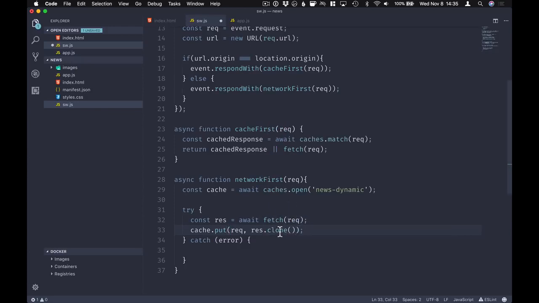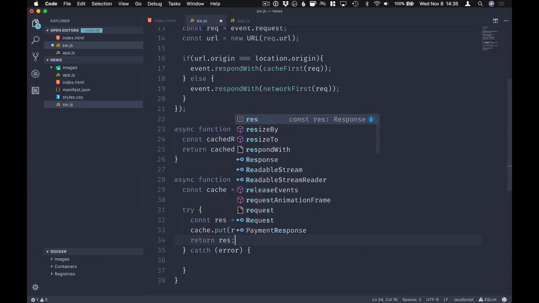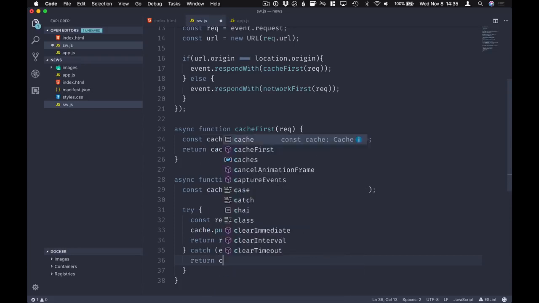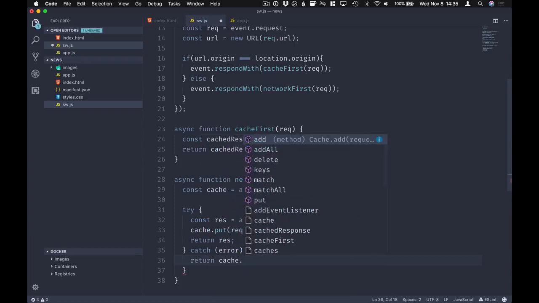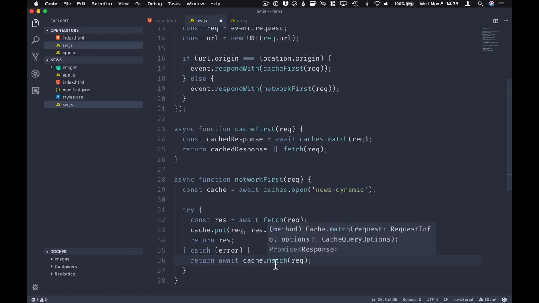for the actual content. So we're going to clone the actual result here because it can only be read once. So if we put the actual response in there, we wouldn't be able to return it to the browser. Okay, so that's if everything goes well, and if things don't go well, we're of course going to await cache.match with the request. So we're going to try to go to the network, put it into the cache. If that fails, if we're offline, we're going to try to see if we have something in the cache and return